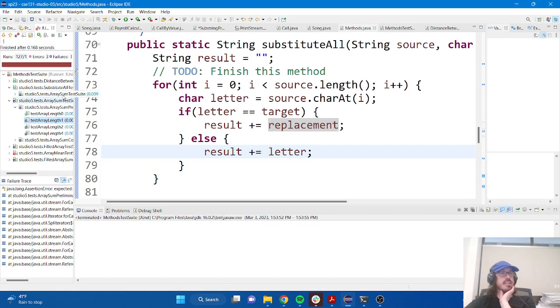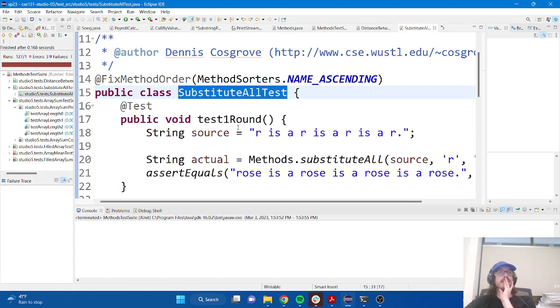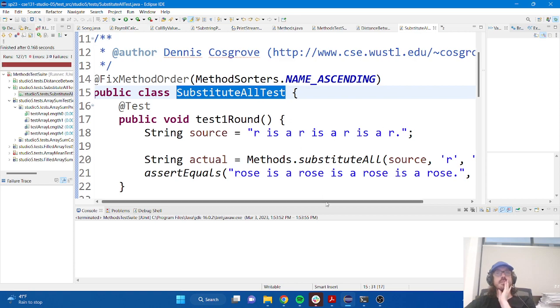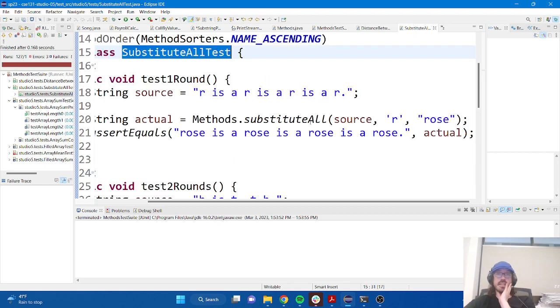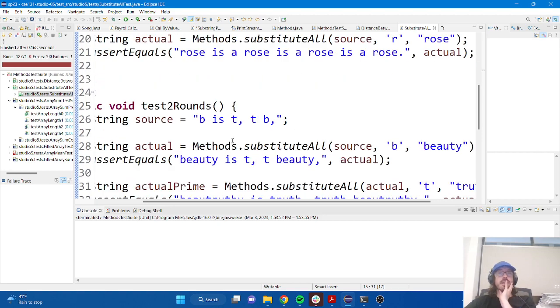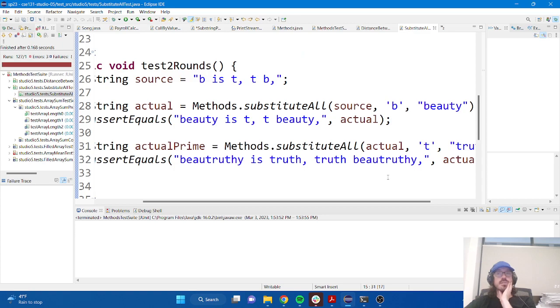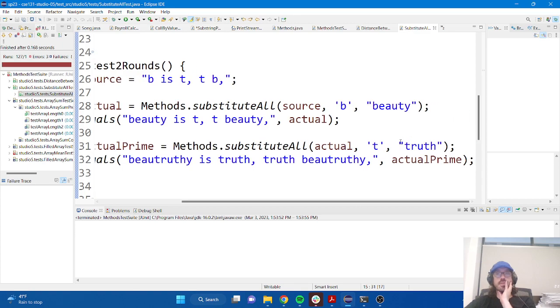They want us to take a look at the tests here. All right, we see "R is a R is a R is a R", and then we substitute the word rose in for R. It says "rose is a rose is a rose." That makes sense, right? But now we're going to substitute in a couple times. We're going to substitute the word beauty in for the letter B. But then when we try to substitute in the word truth for the letter T, you see that we actually